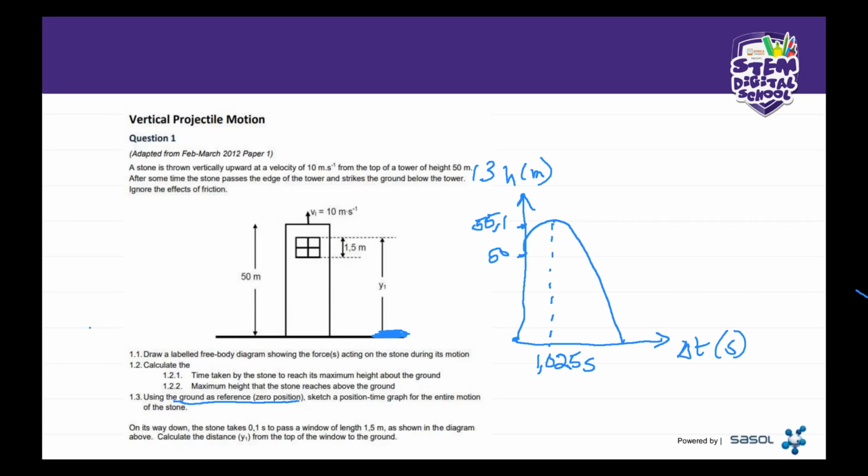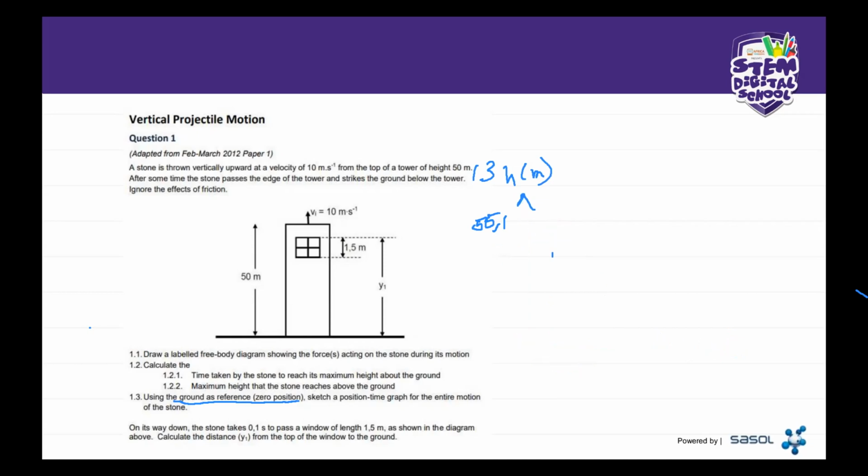This looks like a maximum time because it's on the highest point, okay? And this is where it started. It started at 50 meters above the ground. And it went up to 55.1 meters above the ground. And then it slowly went down after that. So those are all important things that you guys need to know when you draw and basically when you try to understand how to express or explain your problem. Okay, because basically that's what you do, guys. When you're writing an exam, you're basically explaining the work to your examiners.